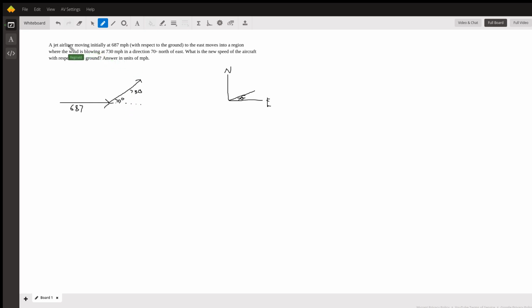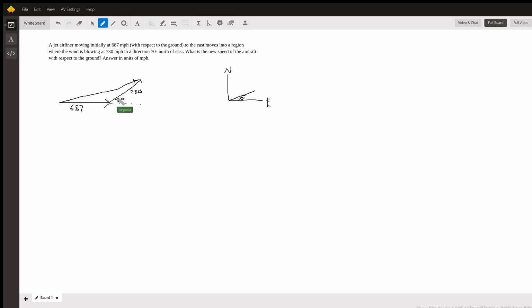Right, so now we have to find the new speed of the aircraft with respect to the ground. Now remember, with vectors, we add them head to tail, right? So start, finish, and the finish is the start of this vector, and this is where it finishes. So I can start here and go here as such. So we have a triangle,